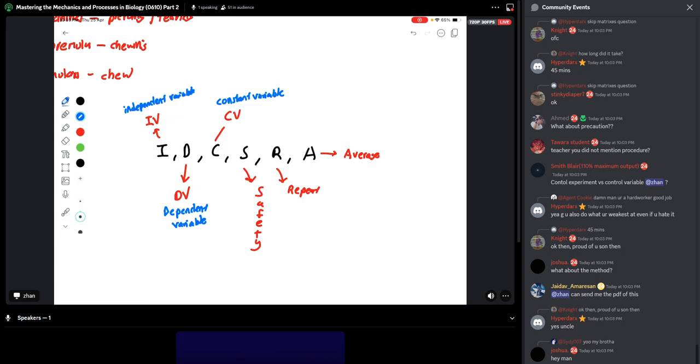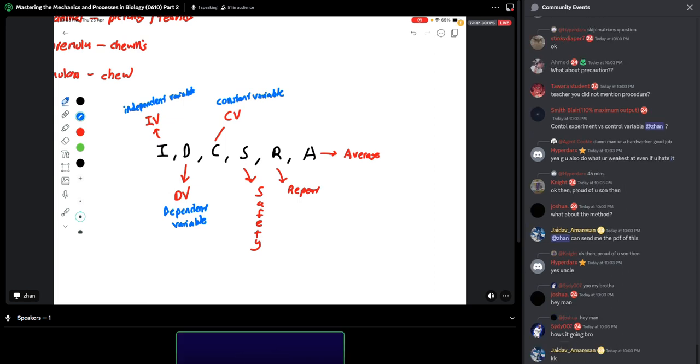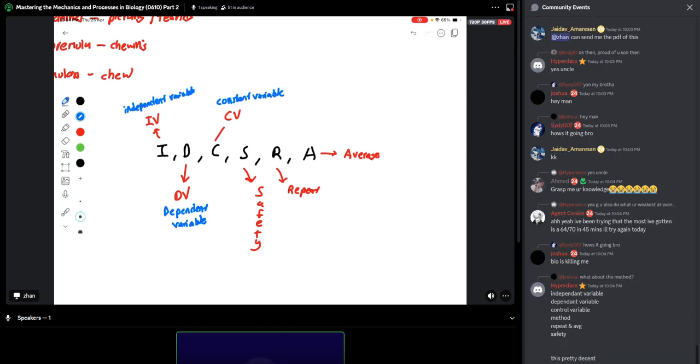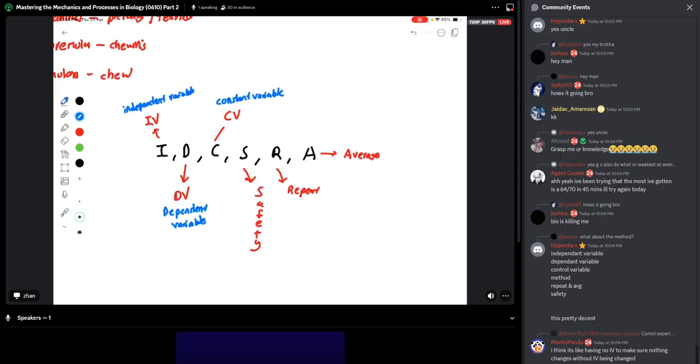The method depends on the question. For example, if the question says effect of temperature, then of course you know that the IV is the effect of temperature. How can I maintain the temperature? What is the correct phrase? What is the correct sentence? If I want to make sure my temperature is kept constant,